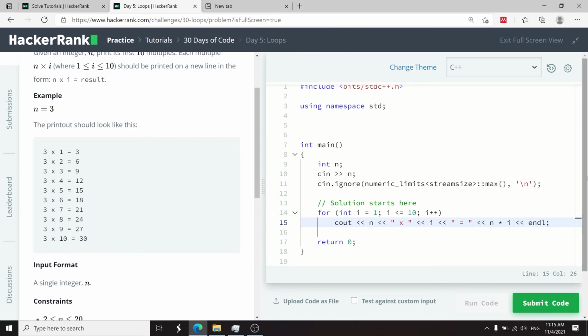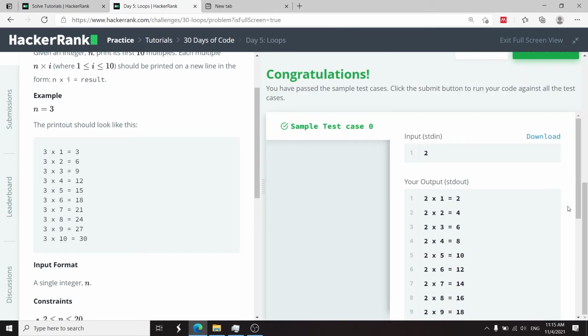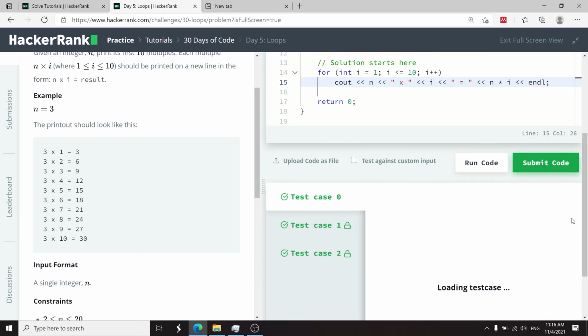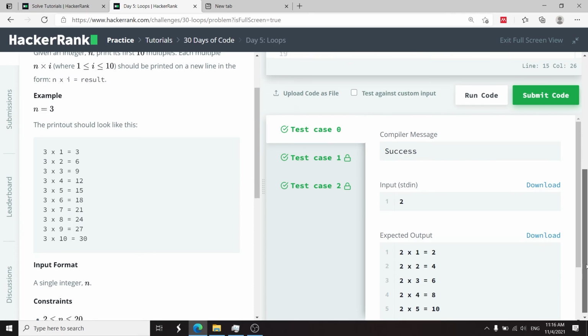I'm going to run it now. We've passed the sample test case 0. So now I can submit this code. And we've passed the 3 test cases. So that's it for day